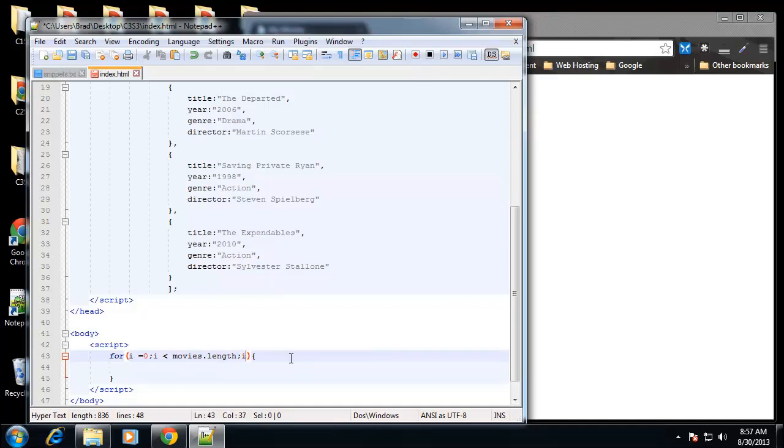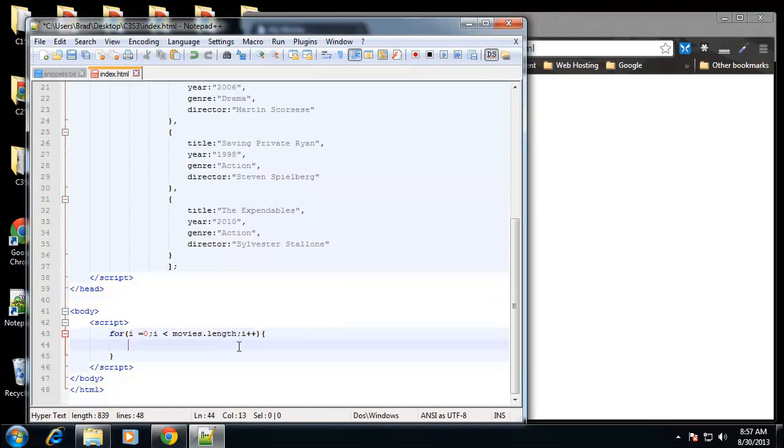Alright, so the next thing we want is just to increment i. So in here is where we put what we want to happen when we loop through this. So what I want to do is display the title, year, genre, and director of each movie into the browser. So we can do that with document.write,